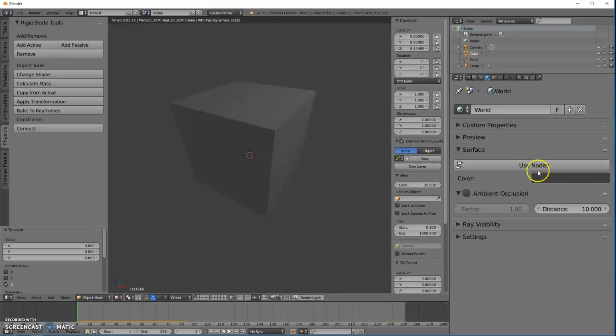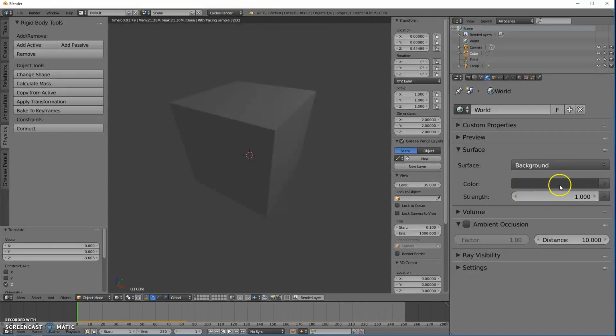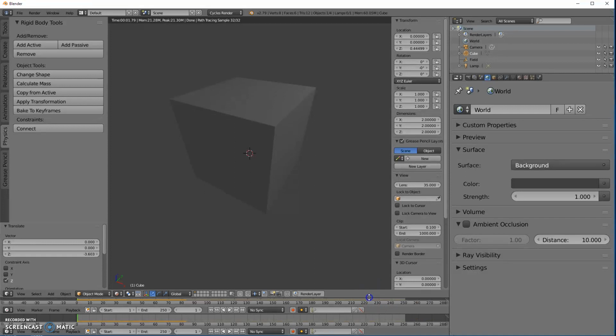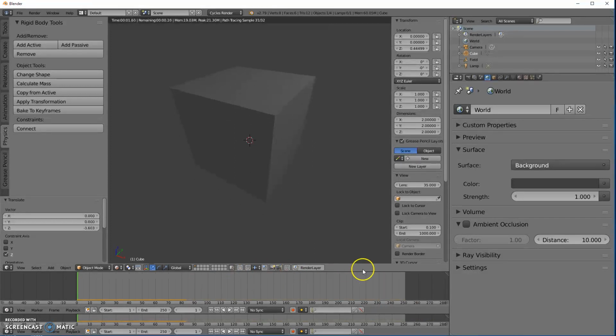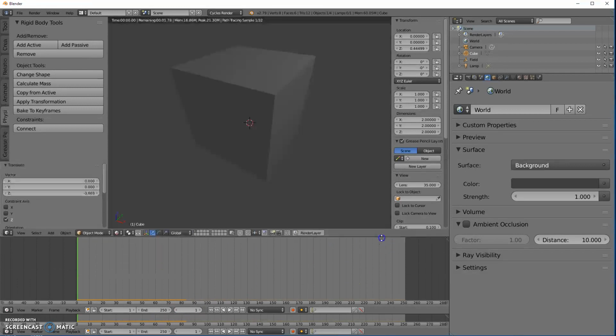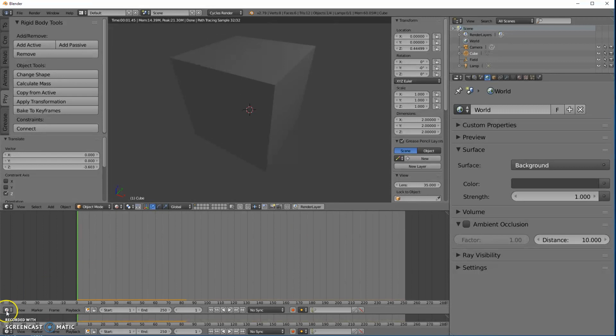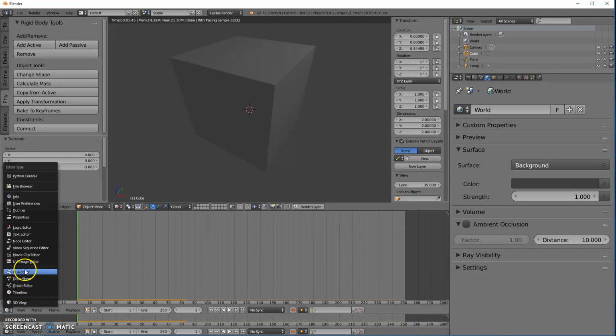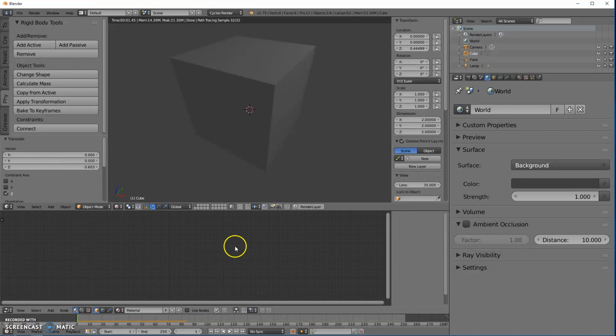or I just hit escape to exit that. I can use nodes to do color editing. We will use nodes a lot. What I do when I use nodes is I leave my timeline down here, but I pull down to create another little window. I'm going to pull this one up, do the bottom of the header to pull it up. And I'm going to pull it up a little ways to give myself some space so I can change this to the node editor. And in the node editor, if I click on the world icon down here, I can